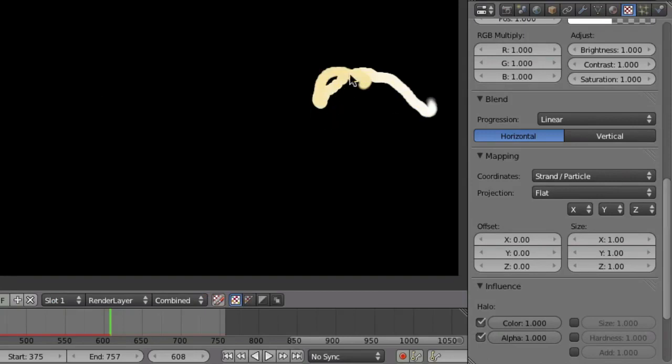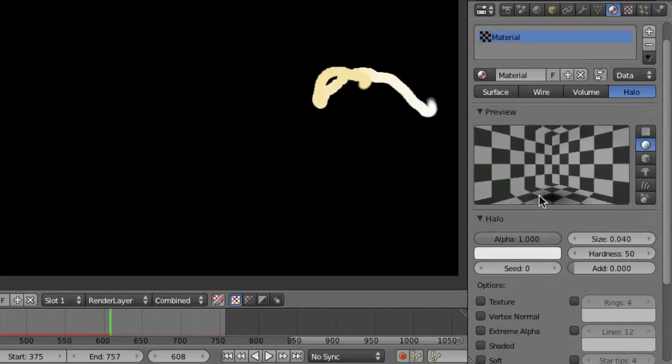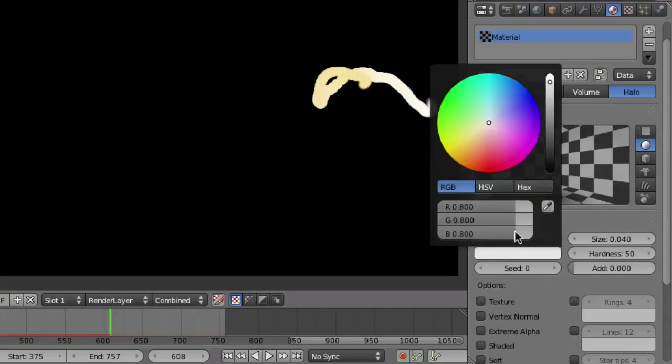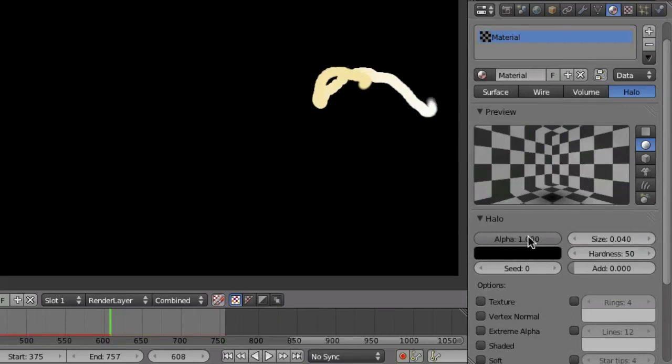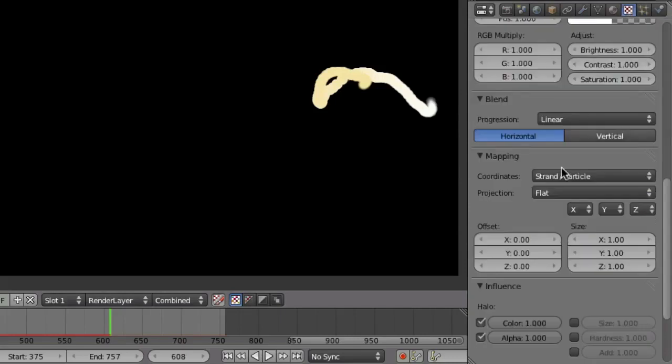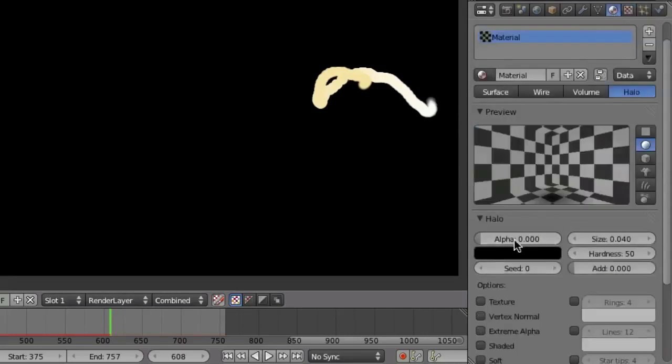Although it is a little bit too bright, so maybe we can change that when we go to the material settings and change the color from white to black, and also the alpha value from 1 to 0, so that the alpha values of the texture can override the alpha values of the material. So render again, and now we have a little bit nicer yellowish color here. I mean, it is not perfect, but as a start, it's just fine.